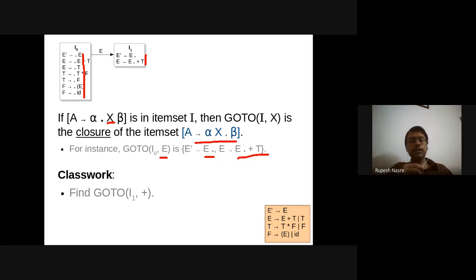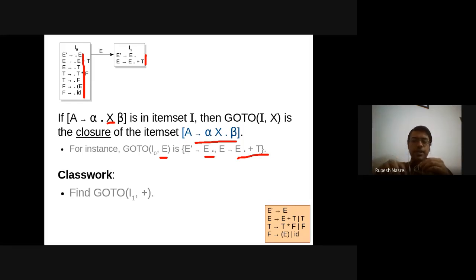Okay, so the reason why we consider non-terminals also is because we definitely look at the input string and do the transitions. That part is okay, similar to what we had earlier. But that is only about the shift. Right? So when you look at terminals and shift, that is going to be deciding the shift part.